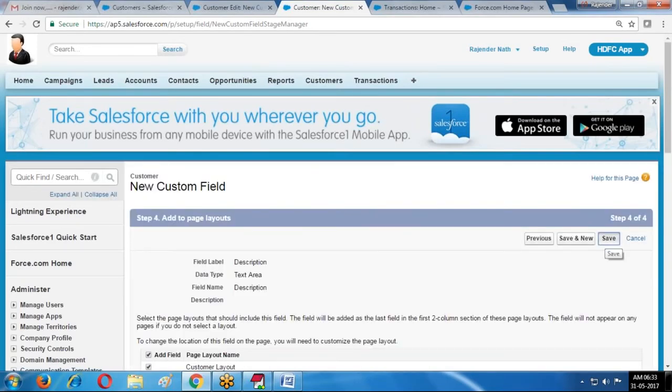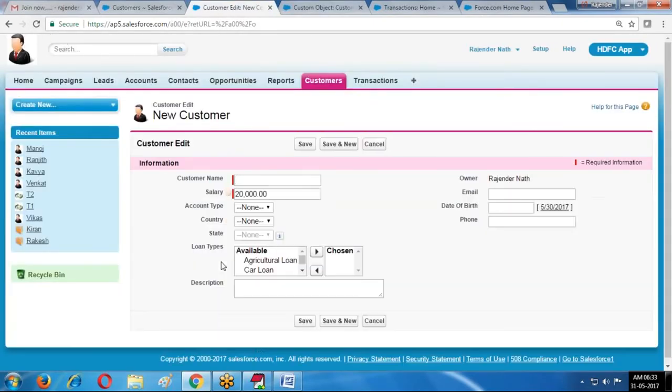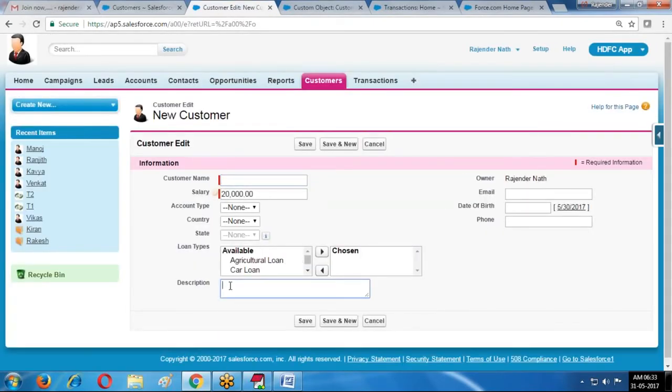Save it. How many lines? 2 lines of text area. Customer name is a text type. Description is a text area.